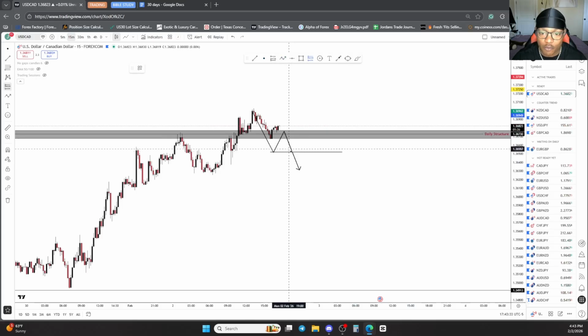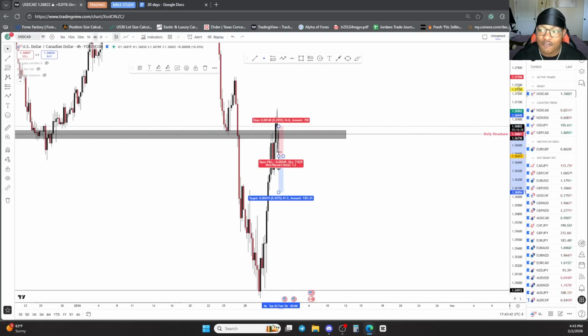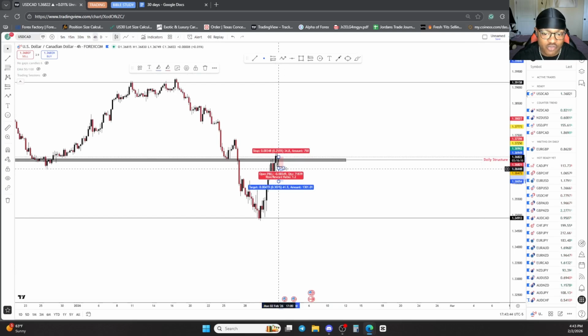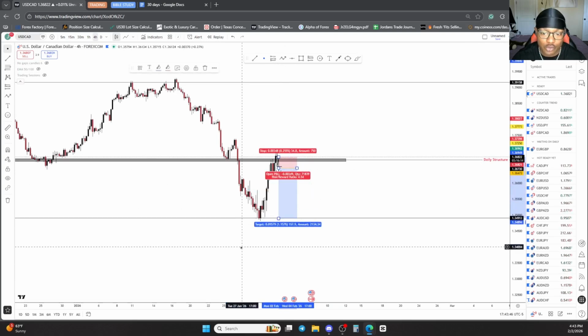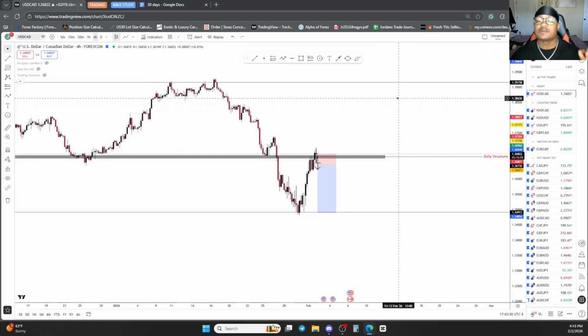And as we have that break of my floor, it's showing me that momentum I want to see. I have my stops above my ceiling, and then my target, since I'm using my 4-hour area of interest as my entry zone, I'm using the 4-hour lows as my take profit. So I'm looking for something like this. This is an amazing setup, and we're going to see if this setup can play out.